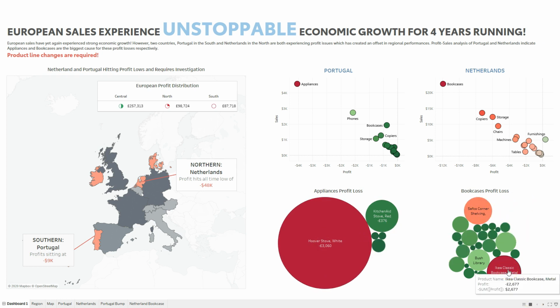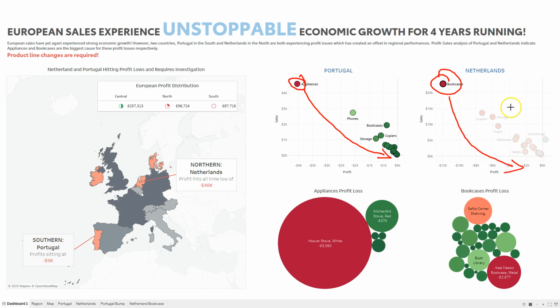Now let's say they go, all right, solved. Okay, that's done. We've gotten rid of those product lines, or we've done the strategy, whatever. The dashboard gets refreshed. The appliances and bookcases will most likely go from here to maybe down here, right? Bookcases, same thing. It'll probably go down here, which then raises the question, who's our next one or two? Okay, so let's say phones, right? And then you carry out the exercise again. So there's a life cycle part behind dashboards. And that's, again, just from my experience, it's not just a dashboard.